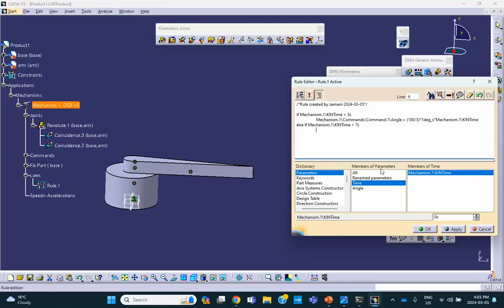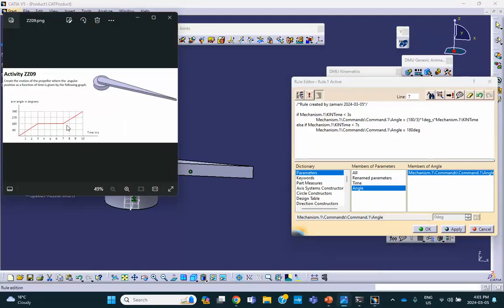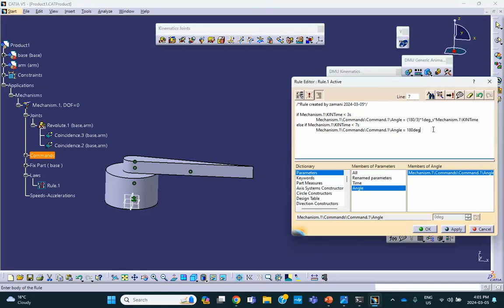This angle equal to 180. Don't forget the DEG, because during that period it's 180 degrees. Okay, and then else